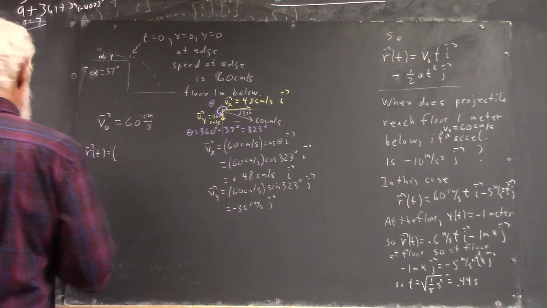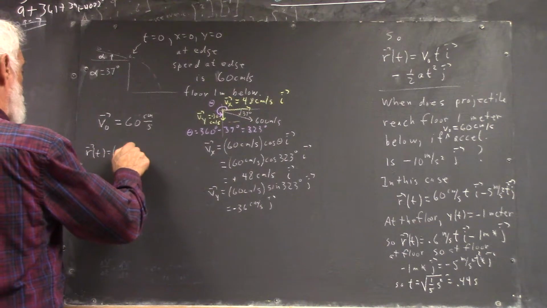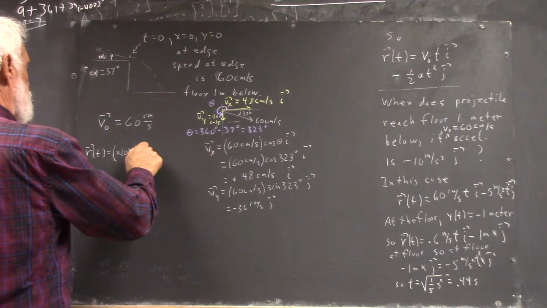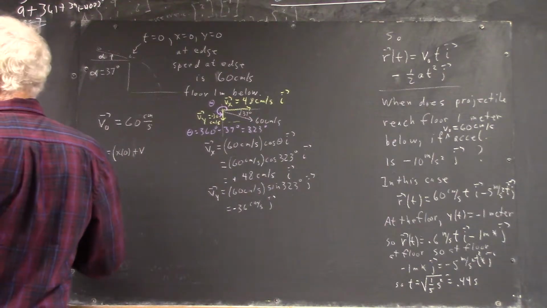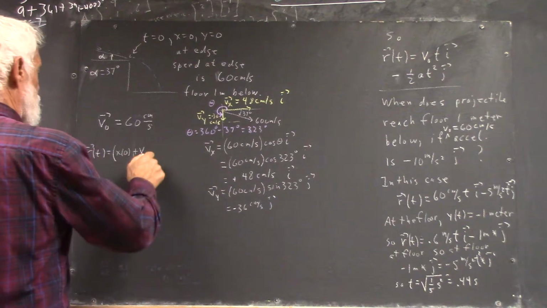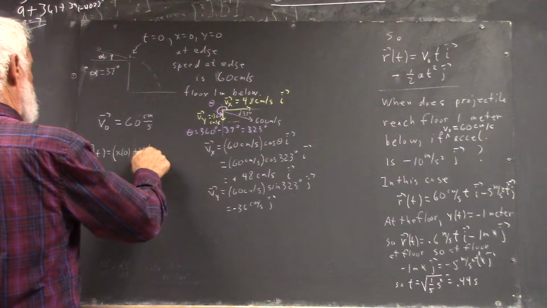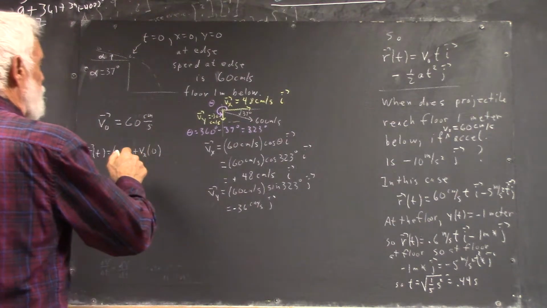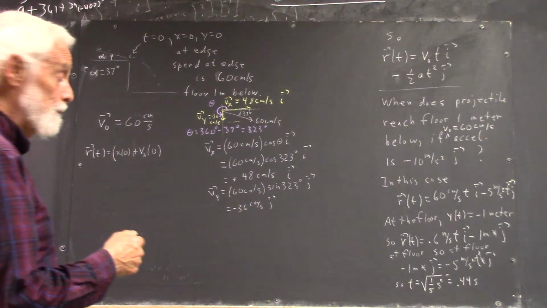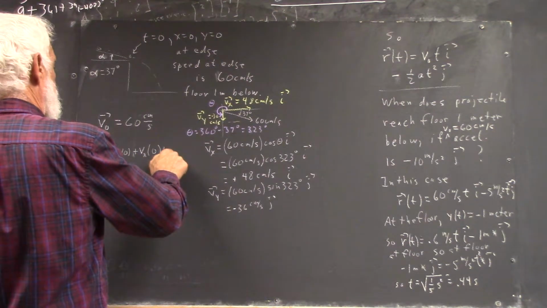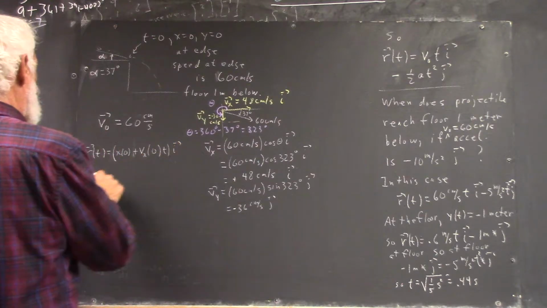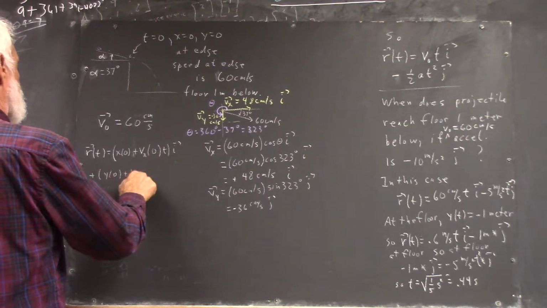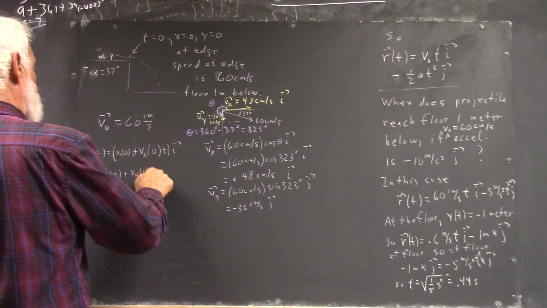I'm using x of 0, and I use Vx of 0, where t0 is 0. That will be y of 0 plus Vy of 0 times t